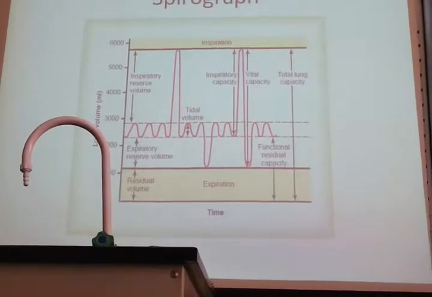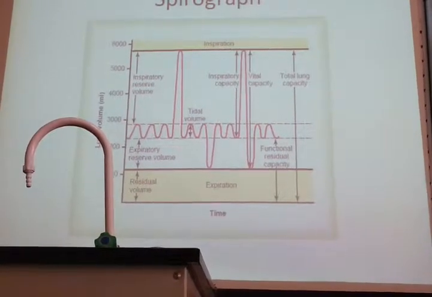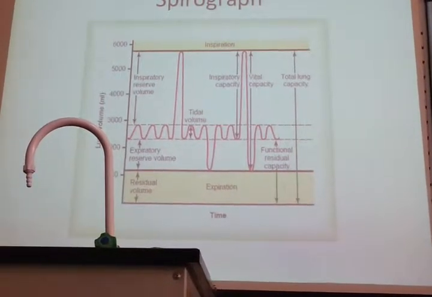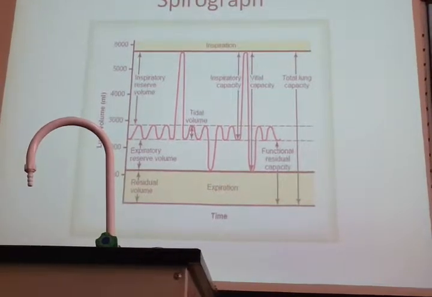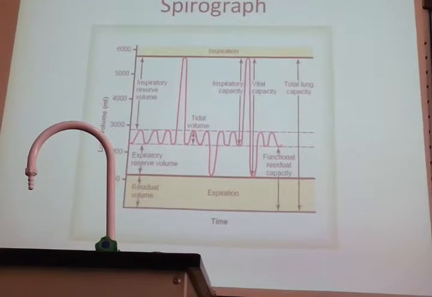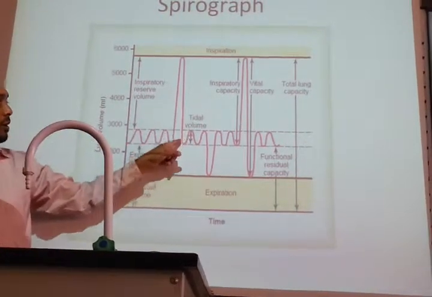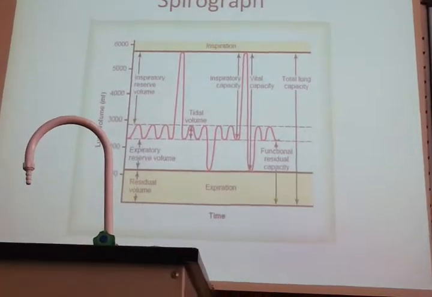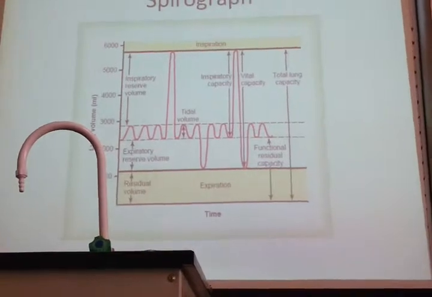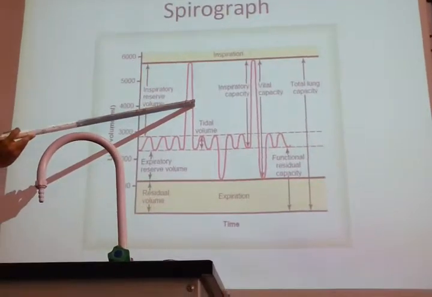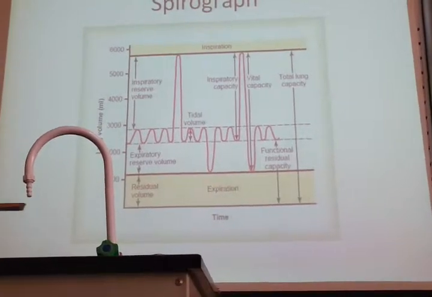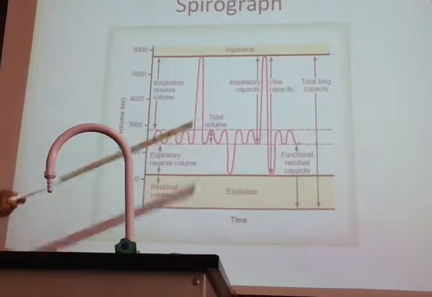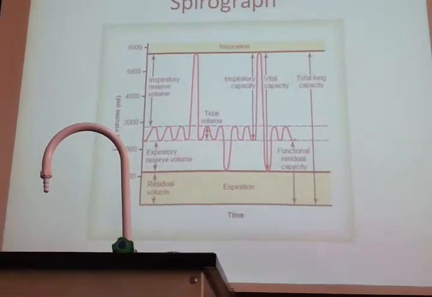This is the record, the tracing of your respiratory movement. When you inspire, it will go up. When you expire, it comes down. Is that the expiratory reserve volume? So let's go back to normal again. After normal expiration, over and above what you can expire, that is the expiratory reserve volume. This is normal expiration. Actually not even normal, because this is the reserve inspiration that you have taken in. So this is the reserve coming out of the air that you have taken in over and above the normal.